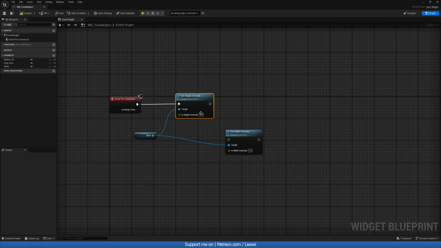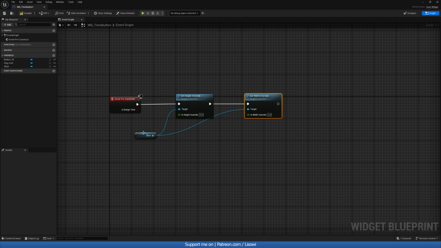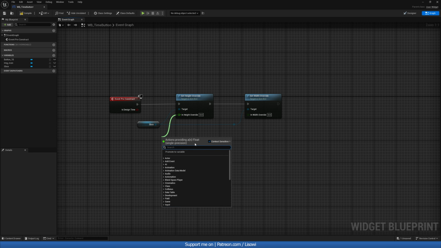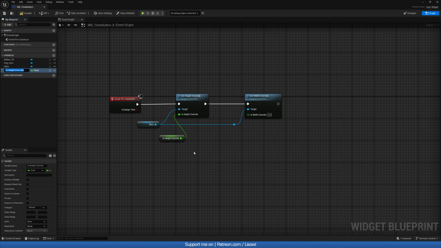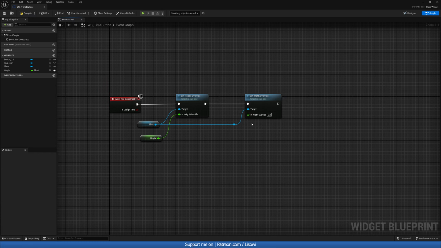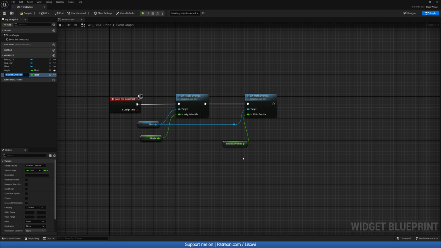Now these values here at the moment are no good to us because we need to promote them to variables and make them instance editable. That way we can edit it in real time in the designer. So promote to height is good enough. Either click instance editable here or just the I here. Promote to variable, call it width,